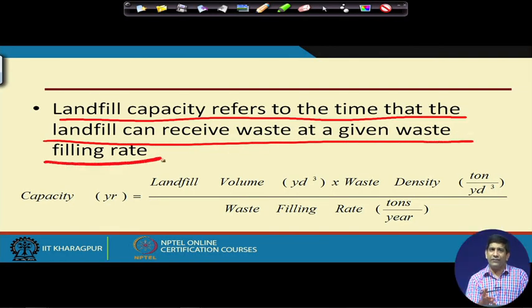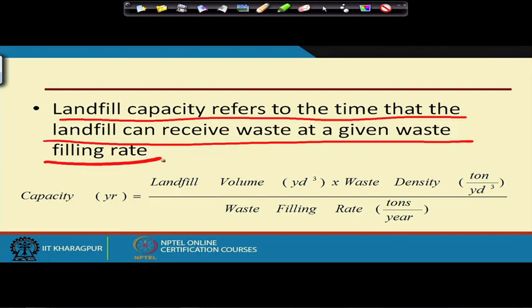So we talked about the waste filling rate earlier, that as per the CPHEEO manual it is 0.6 kg per person per day, or as per your own calculation. Whatever agency you are, whether a city or a big metropolitan area, or a student who will work in those departments, you will get DPRs made, or you may be making a DPR as a consultant. So based on what role you play, once we know the actual waste generation rate, and we predict how the waste generation rate will change over time, and there is a way of doing it, then we come up with the